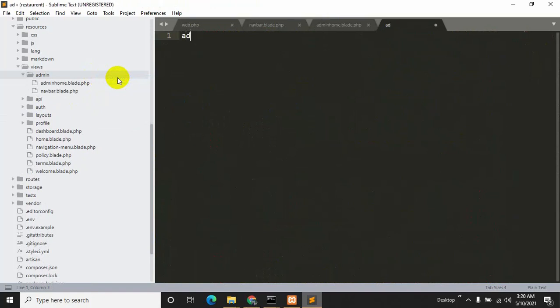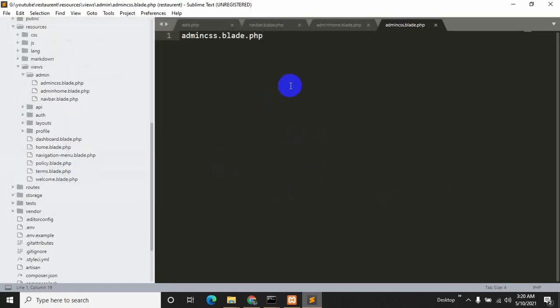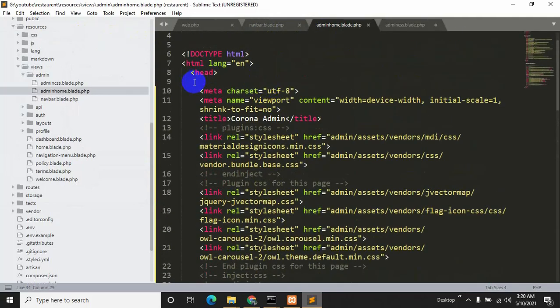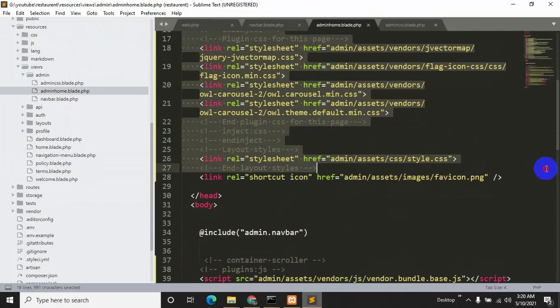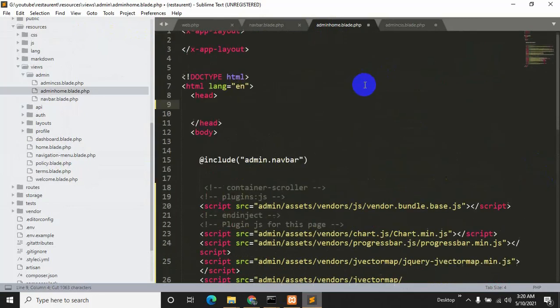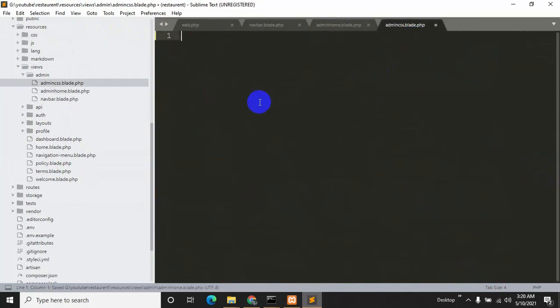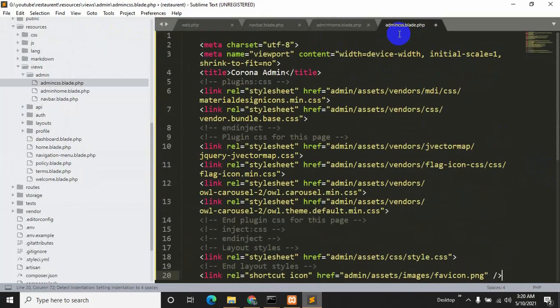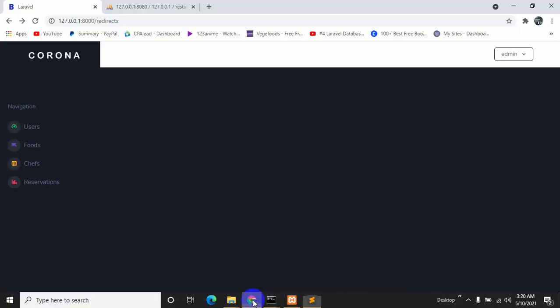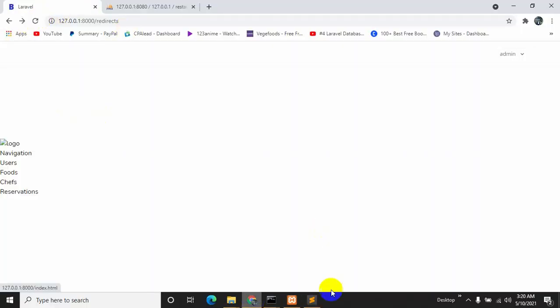We'll say over here admin css dot blade dot php, press Ctrl S and click save. Let's go to admin home and copy everything from here, Ctrl X, and paste it inside admin css, Ctrl S. Now if we refresh in the browser, we will not see any design over here.